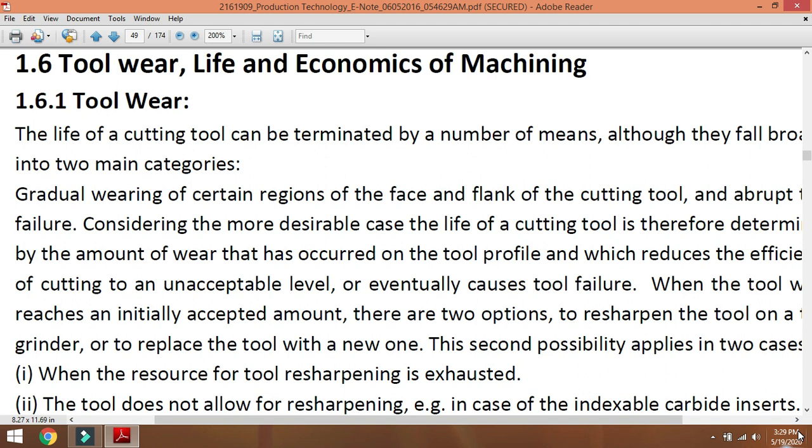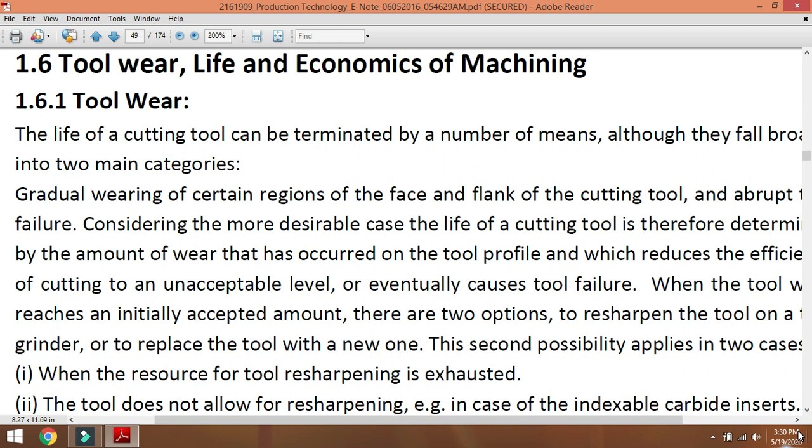Here first we understand what tool wear and tool life are. During any machining process, the tool is subjected to three distinct factors: forces, temperature and sliding action. Due to relative motion between tool and workpiece, these factors cause the tool to start giving unsatisfactory performance. What is unsatisfactory performance? It means when the tool gives poor results. What are the unsatisfactory parameters?